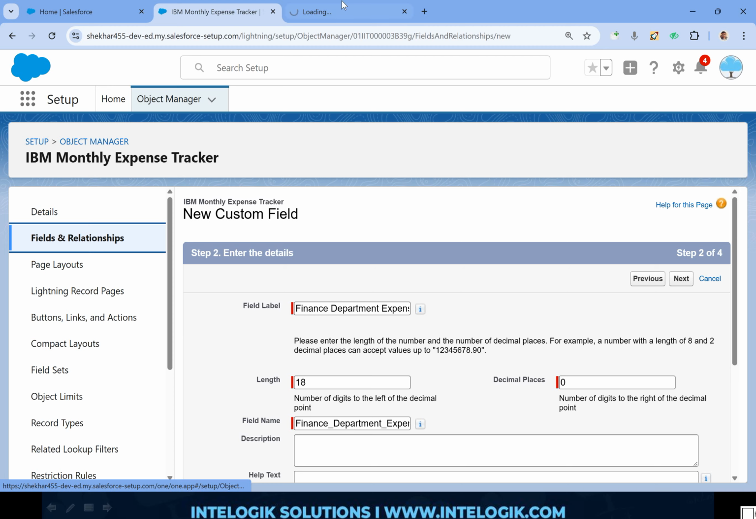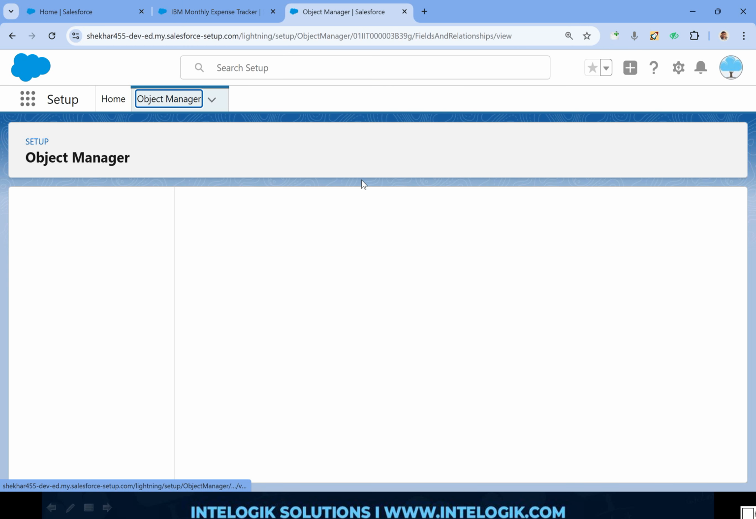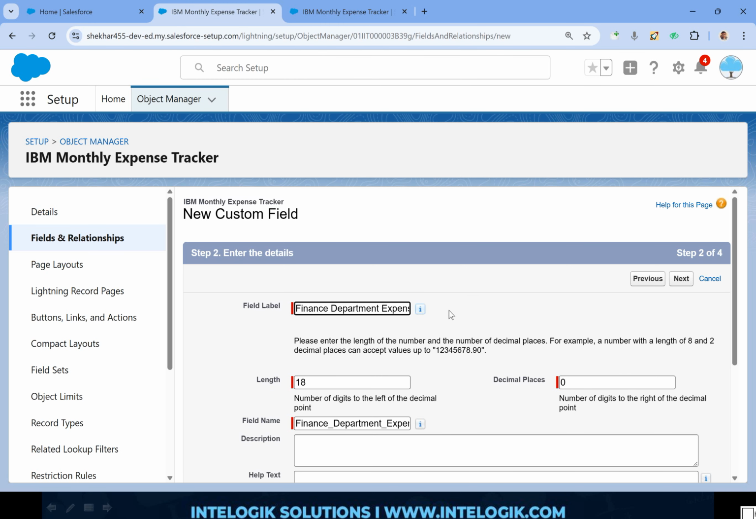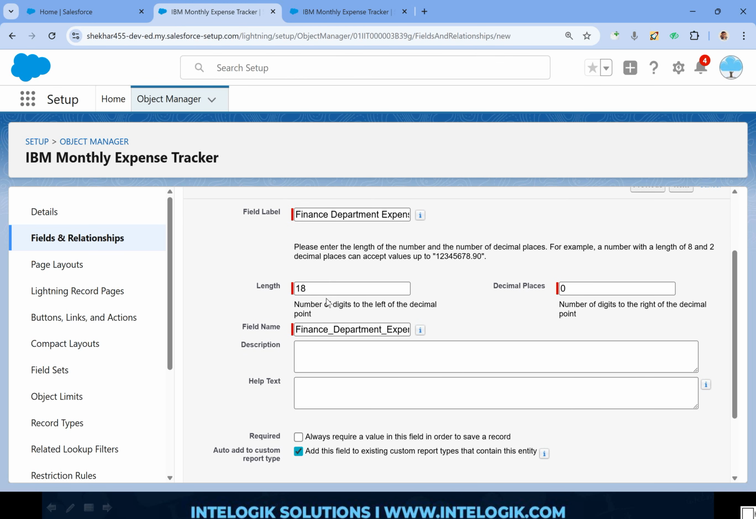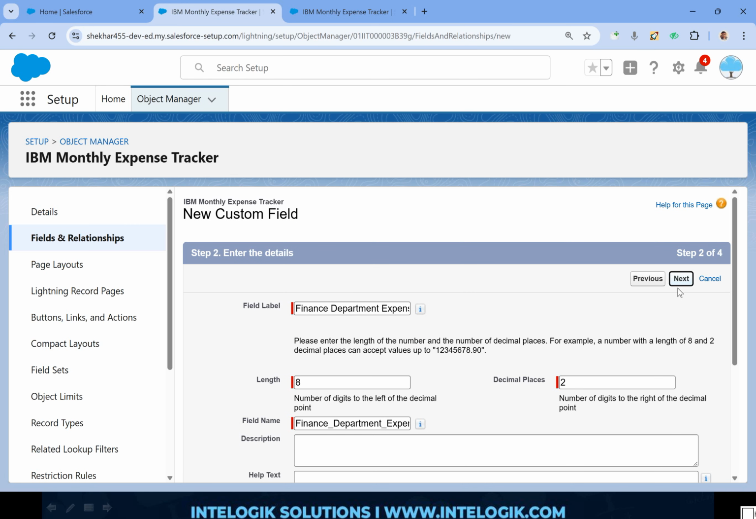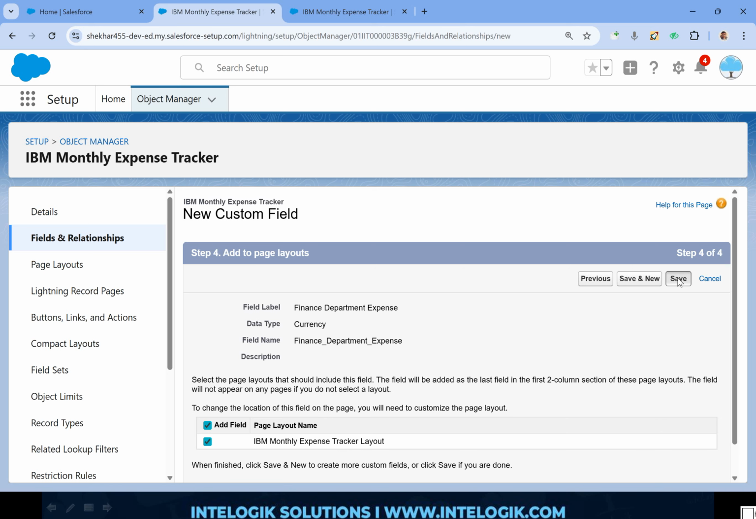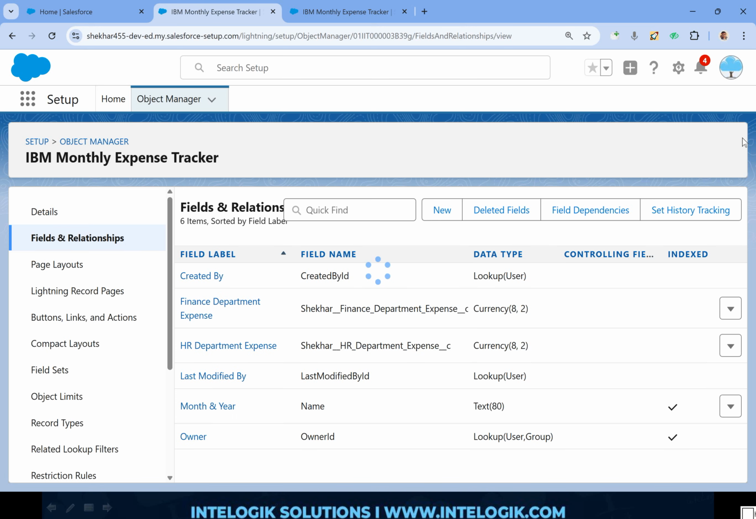Wait, what kind of name are we giving? Let me copy the same format. HR department expense. Copy. Finance department. Yeah, so same format. Then here let's say 8, and then let's say here 2. Next. Visible. Next. Yeah. Now here